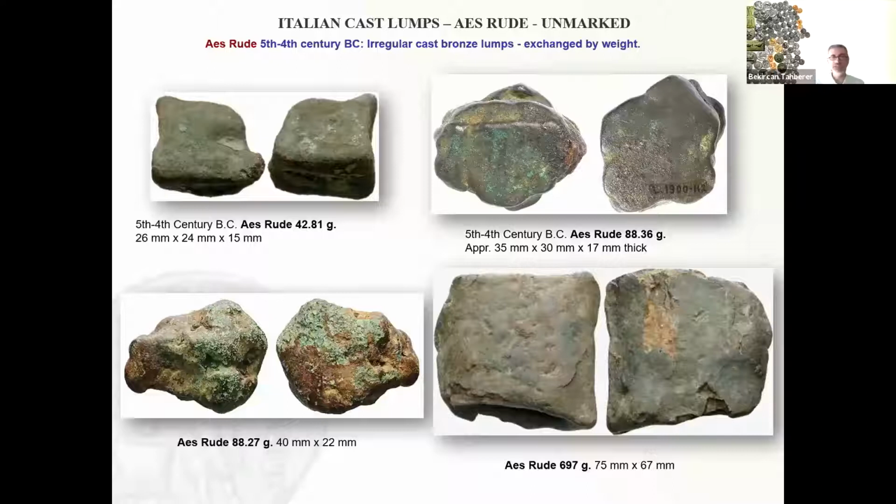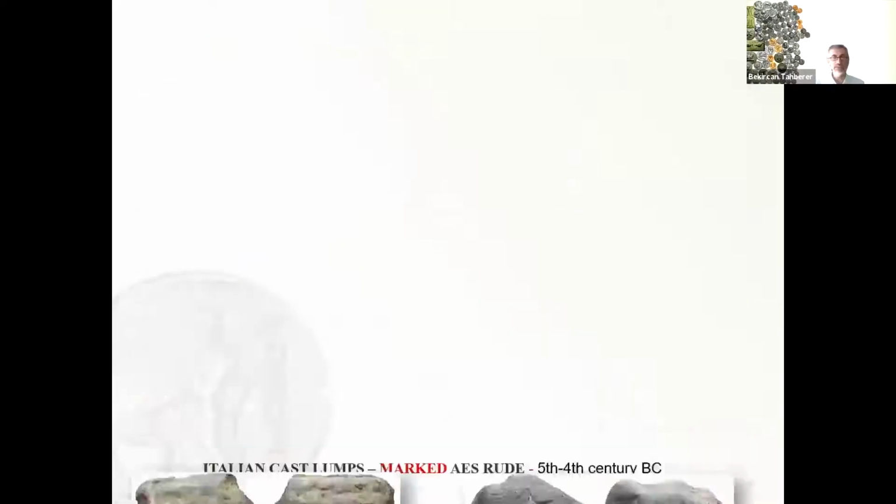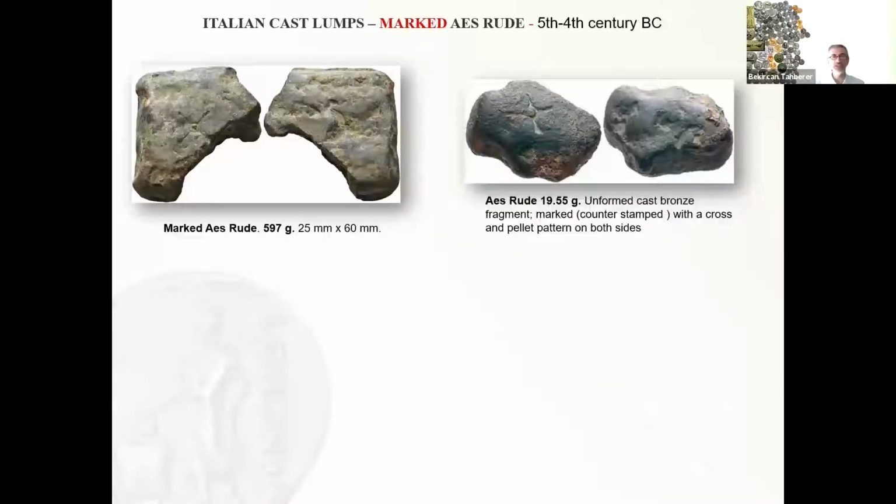So they simply didn't care about the weight when they cast them, but they just did. And apparently, in exchange, they had to weigh each time they used these lumps to purchase something. And while they continued casting, apparently they started to circulate, and somebody somehow felt that they needed to mark these lumps. So we start seeing these